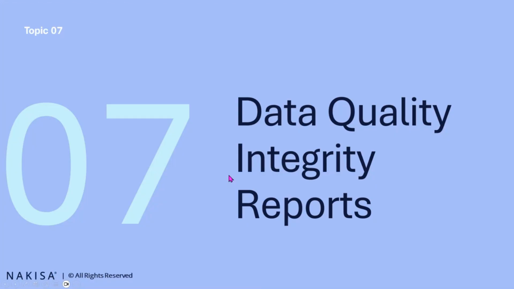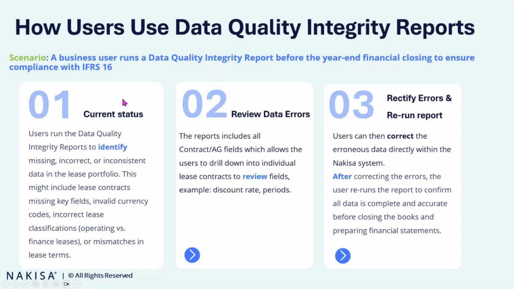Okay. The next section that we have is the data quality integrity report. Users use this report before the year-end financials closing, or even month end, to ensure compliance with IFRS. You can run the report and go through the fields and identify if there's something missing, incorrect, or inconsistent with the data on the portfolio, which could include a wrong currency,